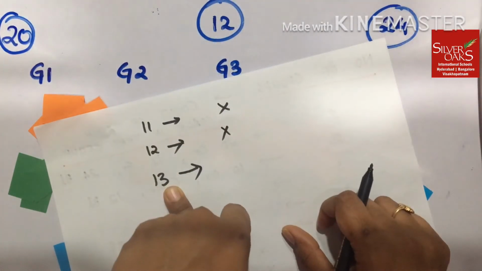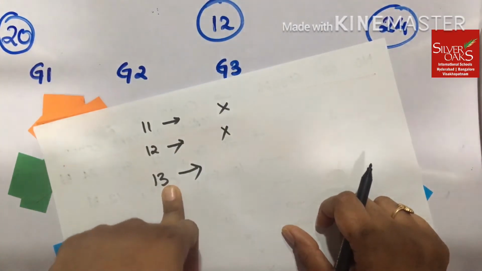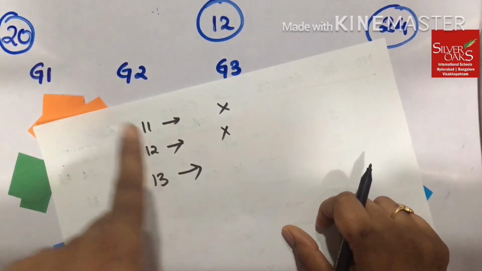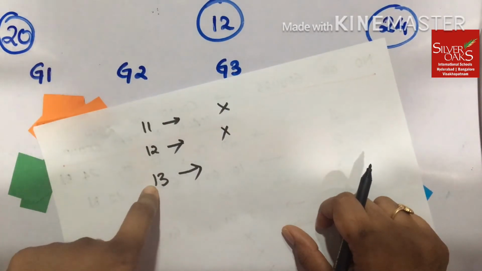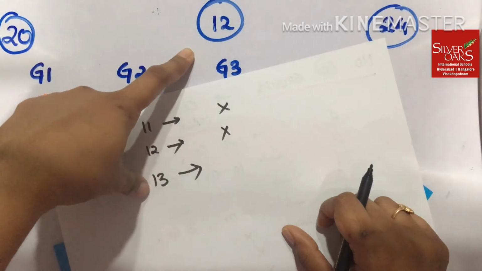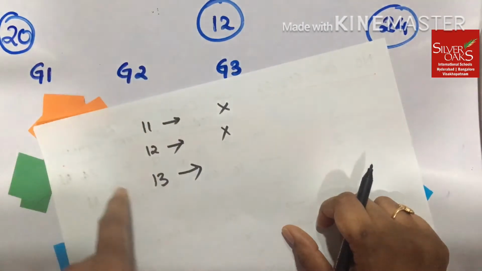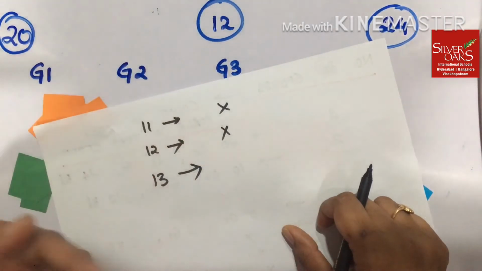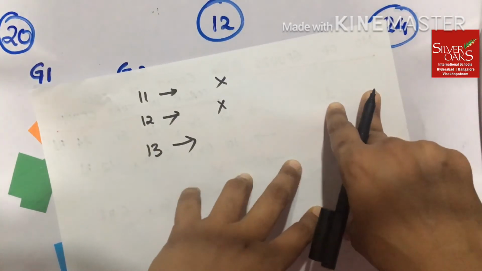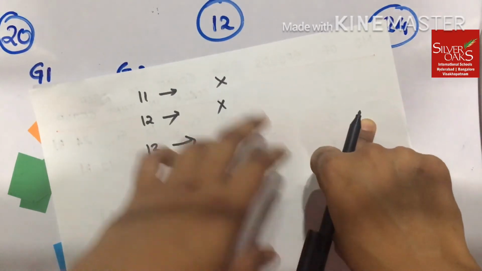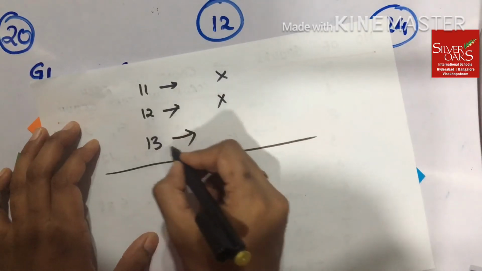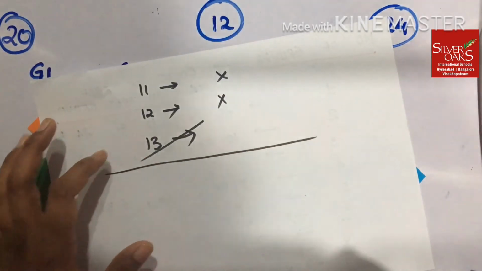Now let me try with a 13. Is it required to check with a 13? No, because we are trying to form 13 groups, and one of your colors, if you have noticed, it is less than the number of groups you are forming. Even if you give one color to each of the groups, to the last group that you have, you will not be able to distribute this color. So I can give a halt to my search over here.